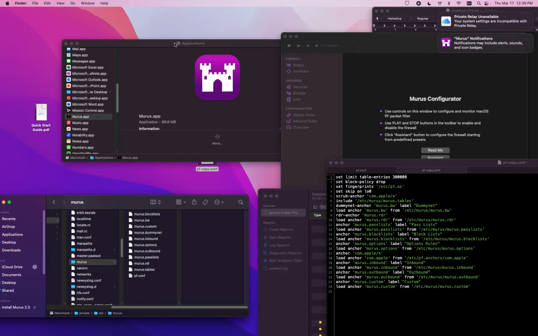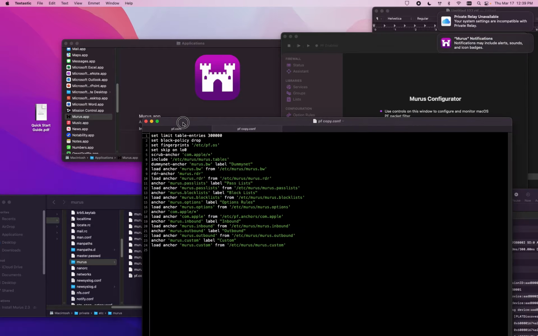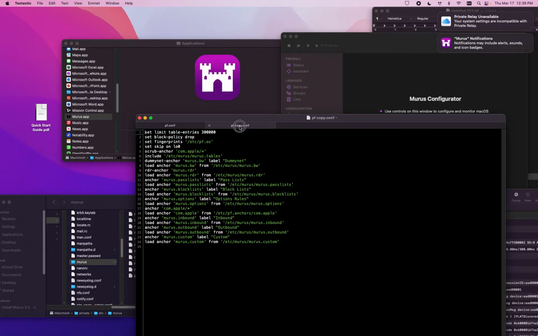So now if you notice, this is the Murus one. Okay, and this was the original. So basically, what they did is they're creating these. So this is all just basic. Any conf file will have this. Set skip on lo. That's setting